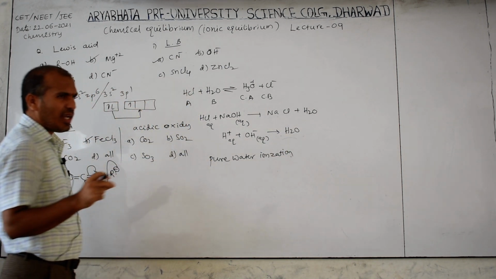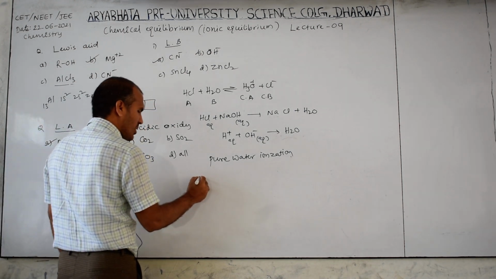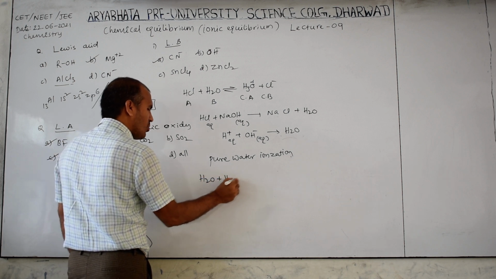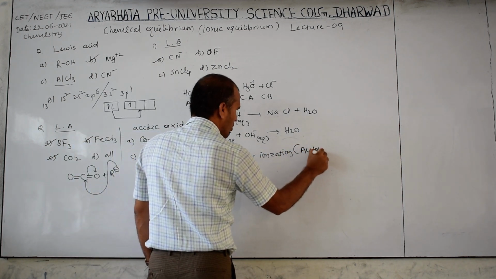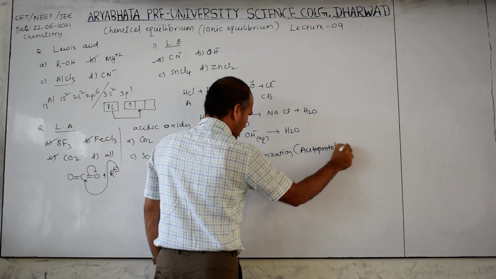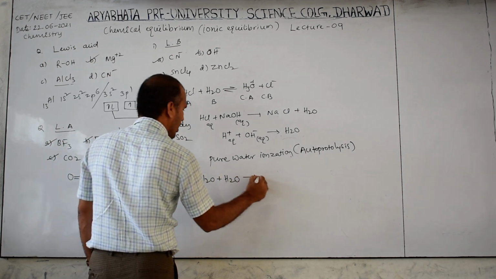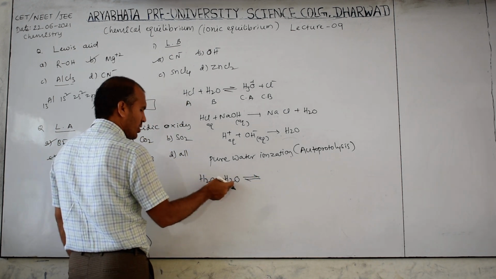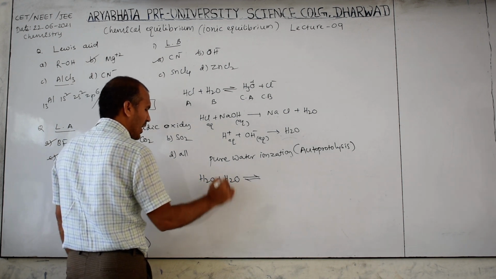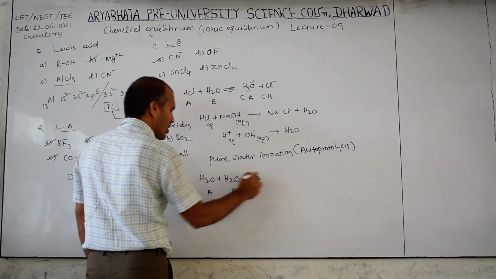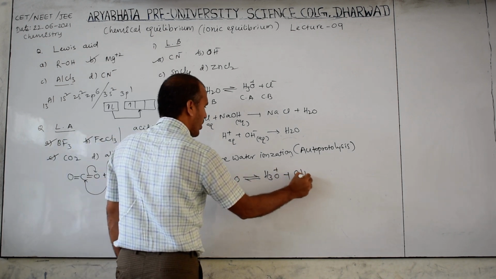Water is amphoteric. It acts as an acid and also a base, as we studied previously according to Bronsted-Lowry theory. Therefore, H2O and H2O, 2 moles. This is also known as autoprotolysis. Auto means self, so self protolysis. This one is the proton donor to this, or this one is the proton donor to this. Anyone can donate. The donor acts as an acid. For example, this donates, so acid, and this accepts, therefore base. Donated to this, therefore this is H3O+, and after donation of H+, this is OH-.